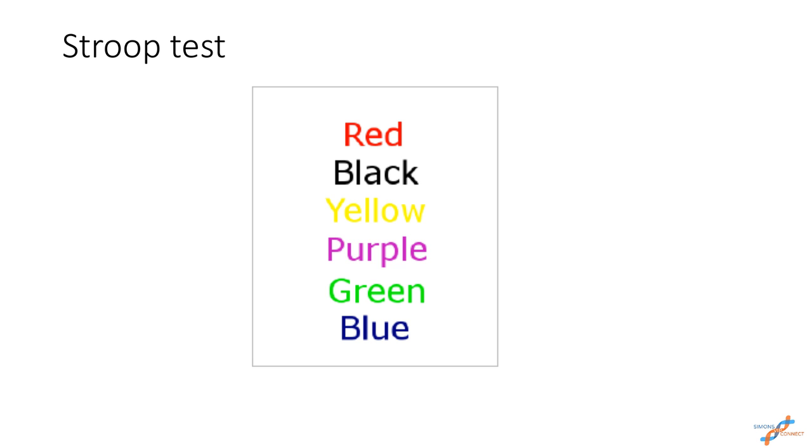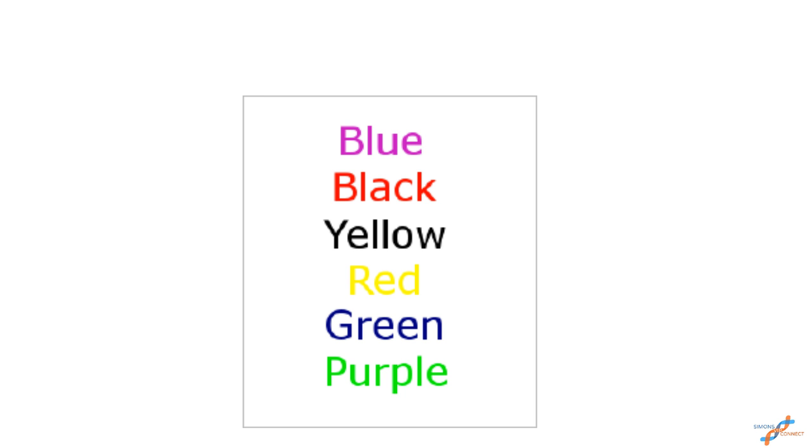You could easily say red, black, yellow, purple, green, blue. But the way the Stroop test is actually difficult is that we switch it up. And so we ask children for this one, we would actually want them to say purple, red, black, yellow, blue, green. Those would be the correct answers. But that takes a really significant amount of inhibition, so being able to stop yourself from just reading the word and shifting your attention to the color and producing that word instead.